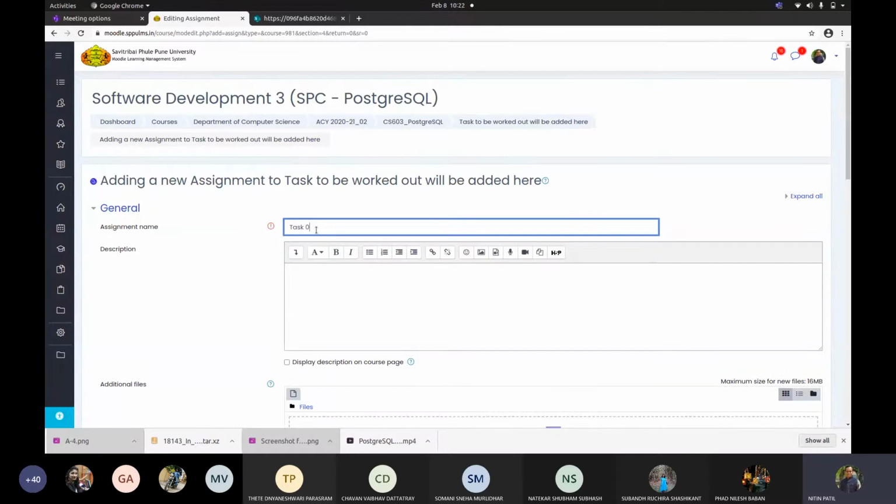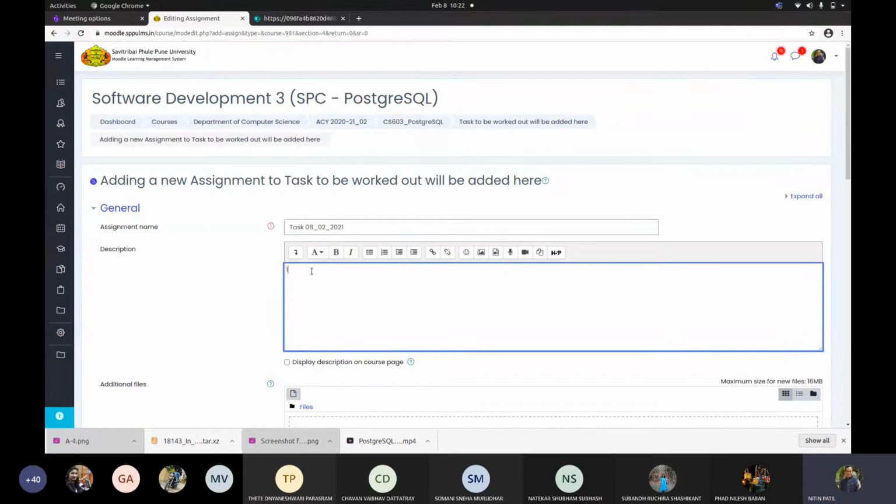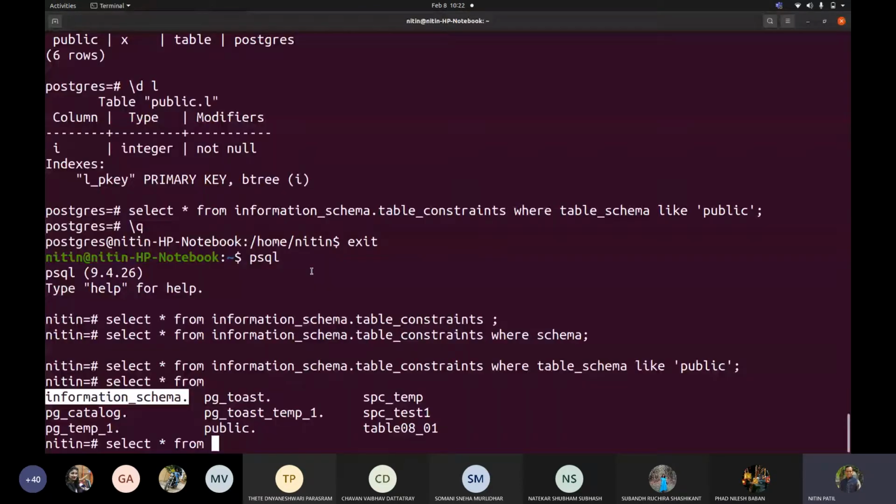Task, 0802-2021. Task number 1. What are the contents of the table? What was that? Information schema. So let us copy.